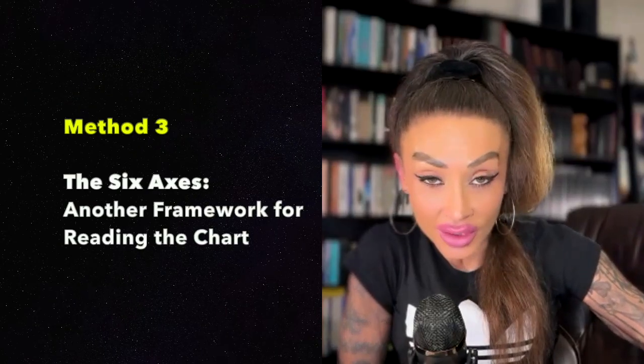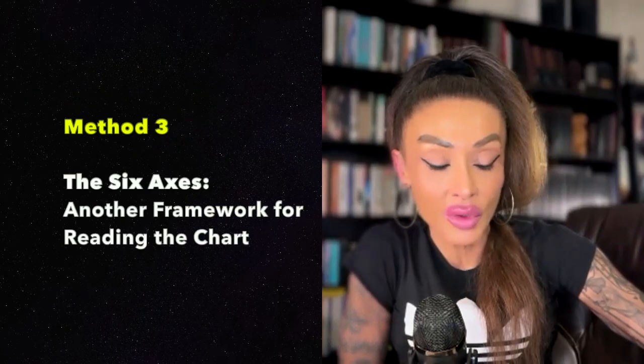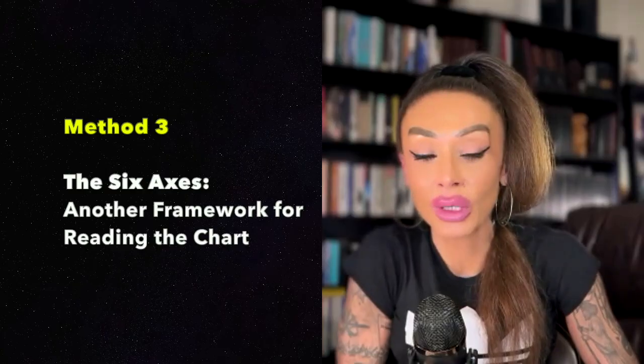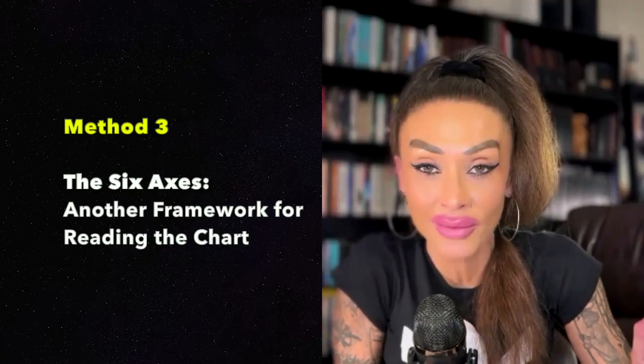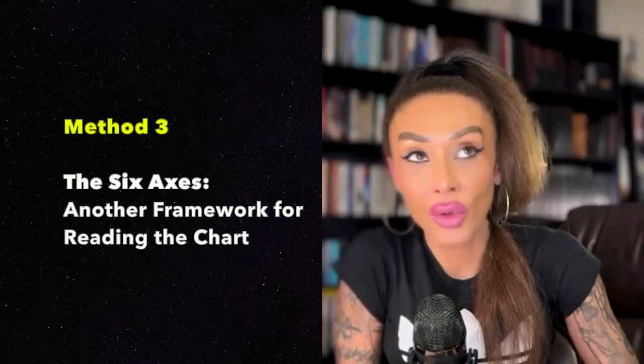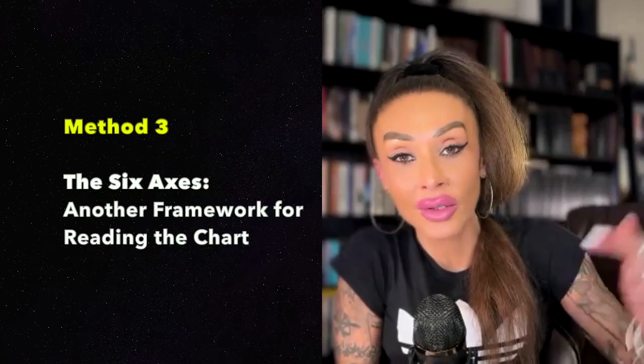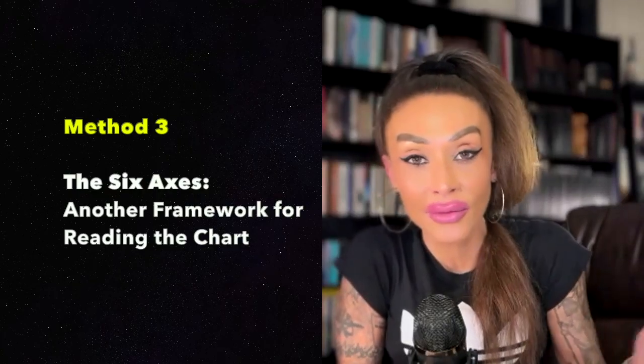So let's get on to the next way of how we can cast our gaze on a chart and read the houses. We have 12 houses, and we can look at these 12 houses in terms of axes, and we have 6 of them. So we go from 1st to 7, 2nd to 8, 3rd to 9, 4th to 10, 5th to 11, 6th to